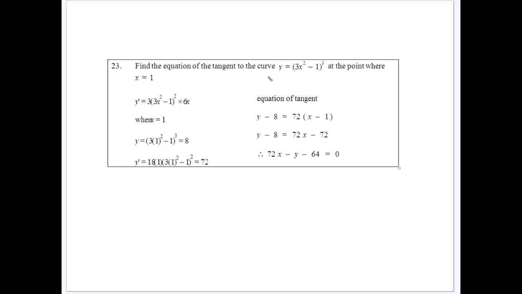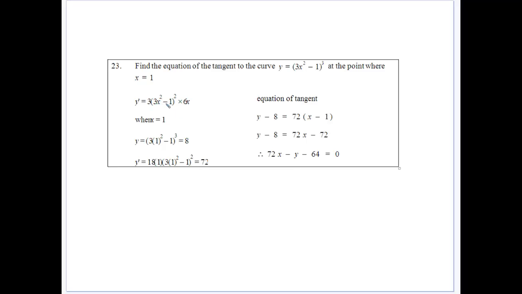This time we've got the equation of the tangent to this curve, 3x squared minus 1 all cubed, when x is equal to 1. So again, we need our point and our gradient of our tangent. So we get our first derivative. Bring our power down, subtract 1 from the power, the bracket stays the same, then we multiply by the derivative of the bracket. So that gives us 18x there,